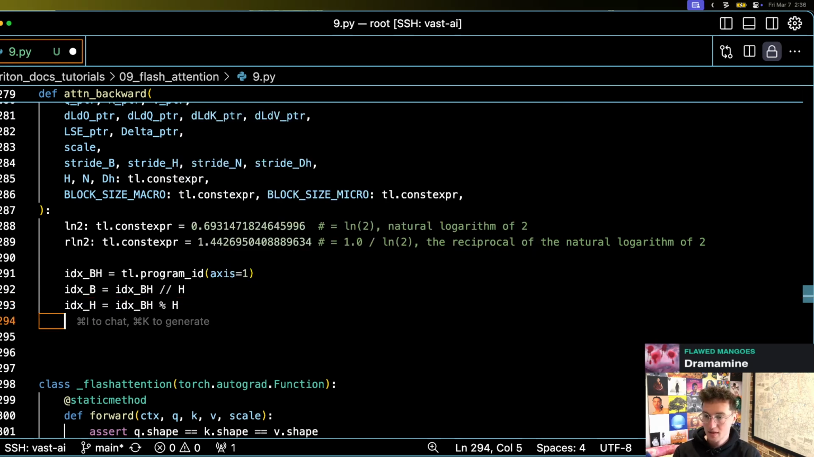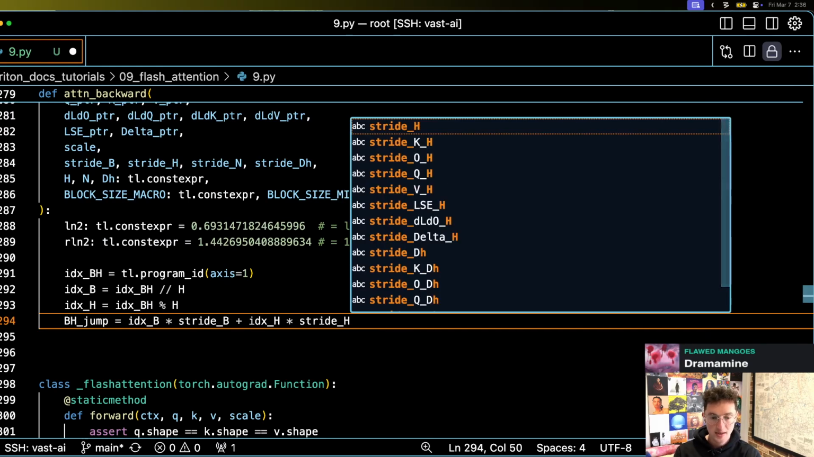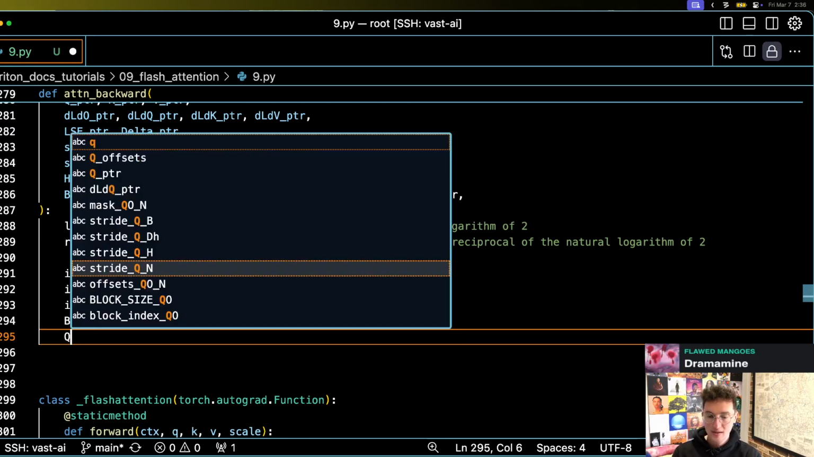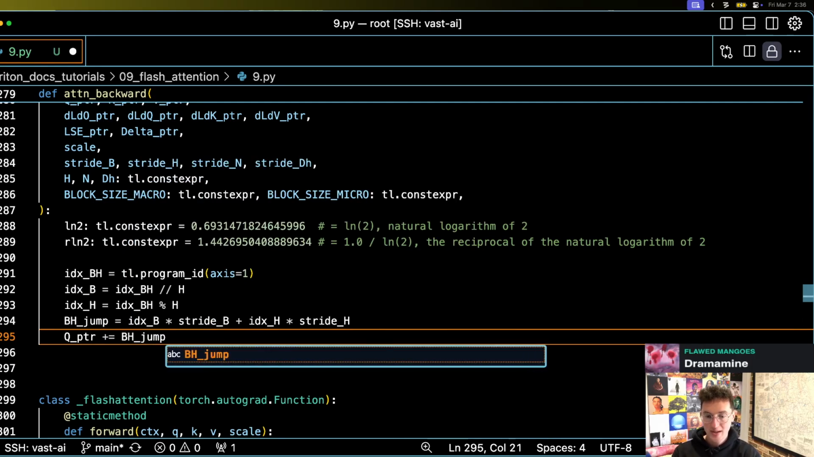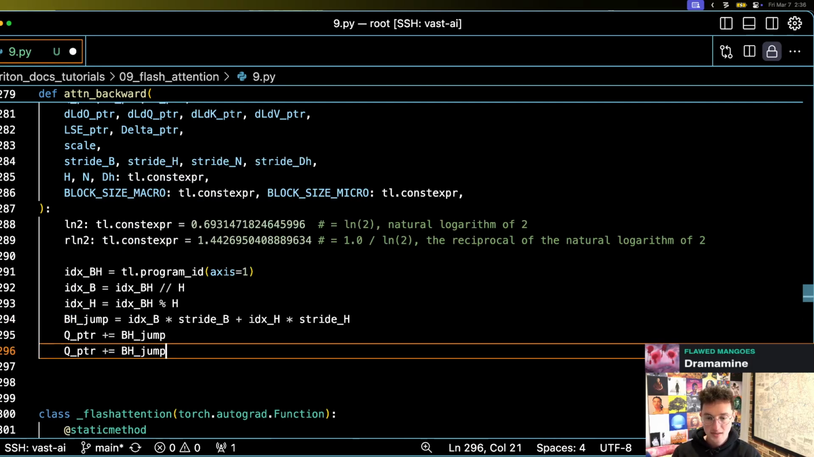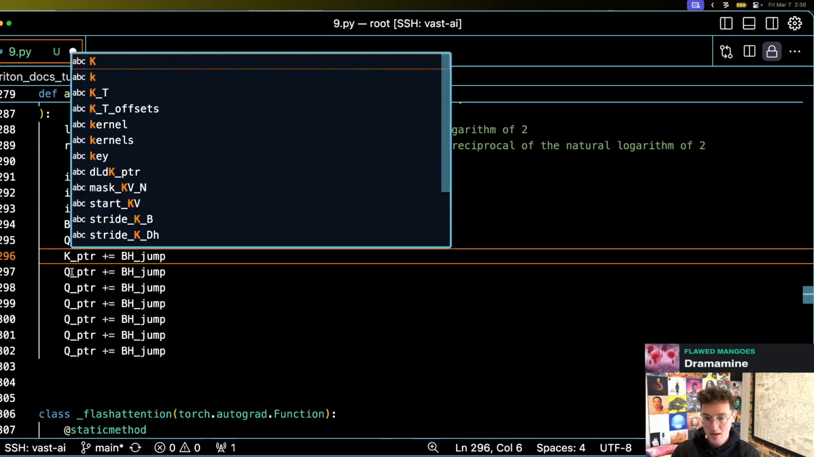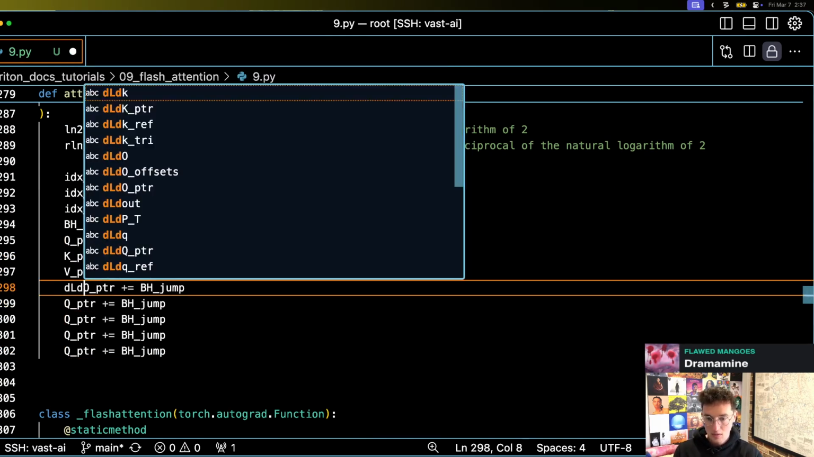And then we say BH jump equals IDX B times stride of B plus IDX H times stride of H, right? And this gives us the actual correct, not only batch, but also head to jump to. And then for everything like Q pointer, we can just plus-equal the BH jump, and that gets us to the right place. And we can just do a bunch of paste for these and go through and say this one is K, this one is V, and we've got DLDO,